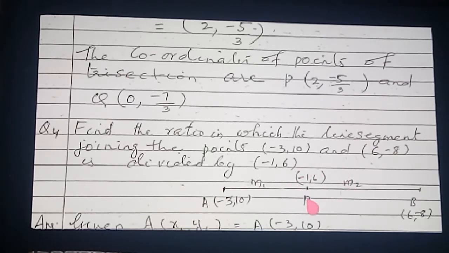So here the point of division you are knowing, the x coordinate of division also knowing, the y coordinate of division also knowing. Clear? Both you are knowing now. But your question is to find the ratio. So either you find out the x coordinate of the point of division or the y coordinate of the point of division. Both together not necessary, because taking the x coordinate you will get m1 and m2, taking the y coordinate also you will get m1 and m2 easily.